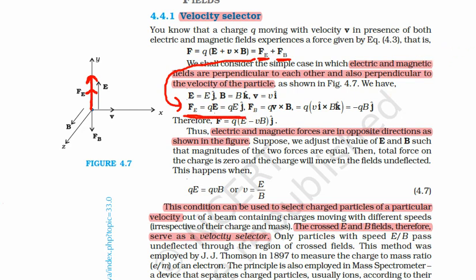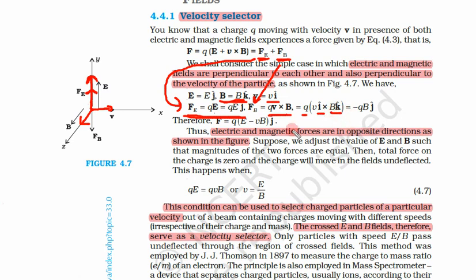Now let us see the second part, magnetic force. F is equal to Q V cross B. This is the formula for magnetic force. Now Q is the same and does not have any direction. V is Vi, we know this is in the x direction, and B is equal to Bk, so this was in the z direction.